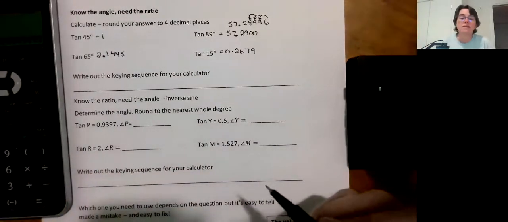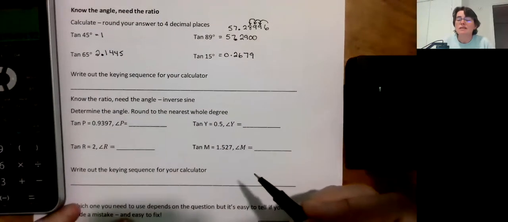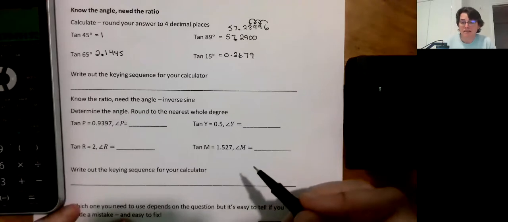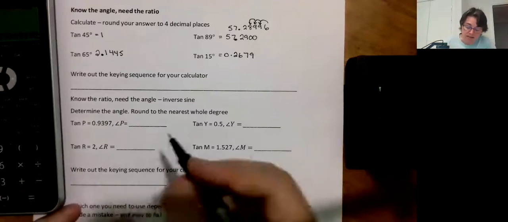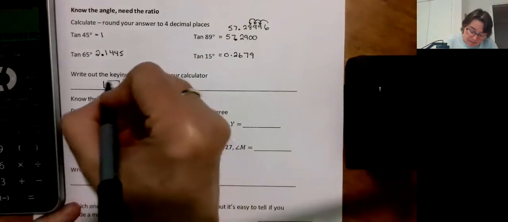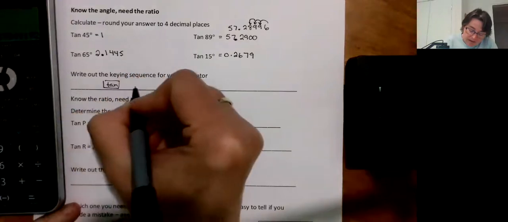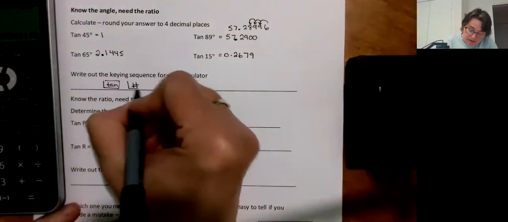My keying sequence now. Don't just copy this. Make sure you know what you're doing on your calculator. On my iPhone, I put in the number and then I put in tangent. On this calculator, I put in tangent, and then the number, whatever it is,